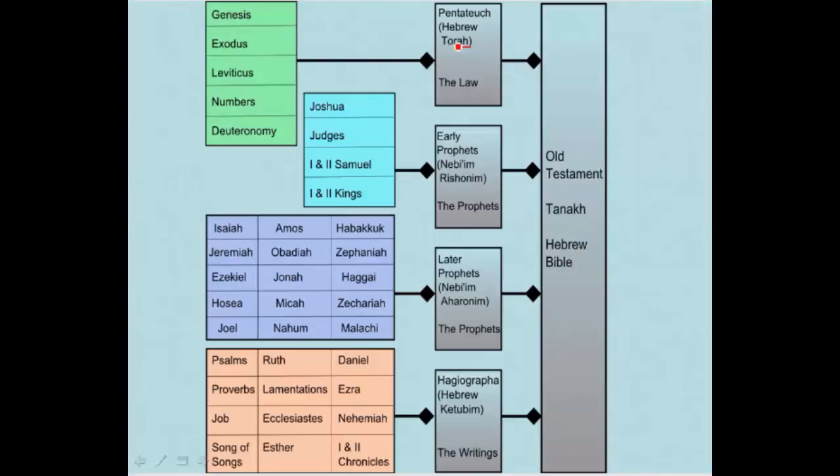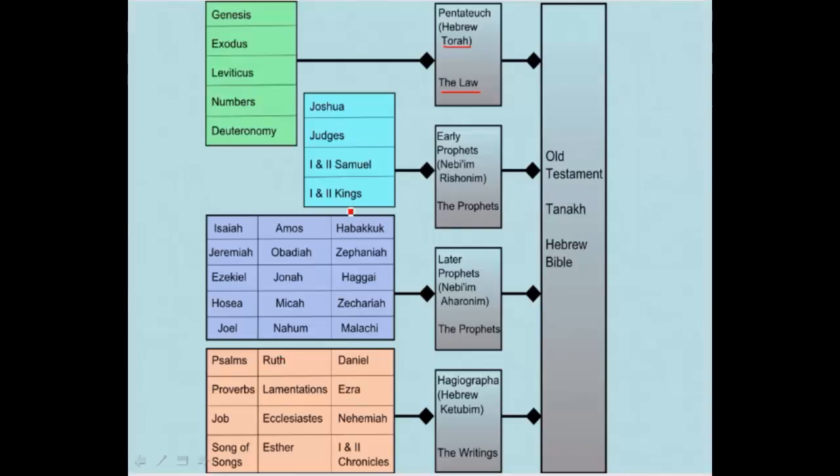So here's this word Tanakh again. The first part of the word Tanakh, the T part of the word, stands for the word Torah. That's right here. For most Jewish groups today, and I'm well aware there's more than one group of Jewish people in the world today, the Torah would be the most important part of the Tanakh, the most important part of the Hebrew Bible, because it contains the law. And I try to communicate to you in lecture how important the law is for ancient Hebrew society, ancient Hebrew religion, and certainly for most groups within Judaism today. So that's the T part of the word there, which stands for the word Torah.